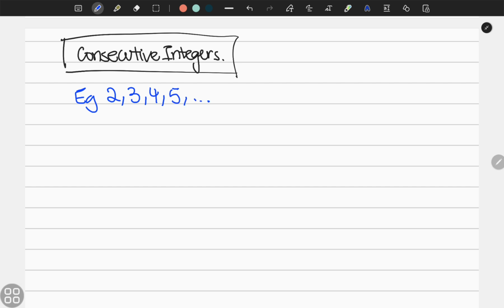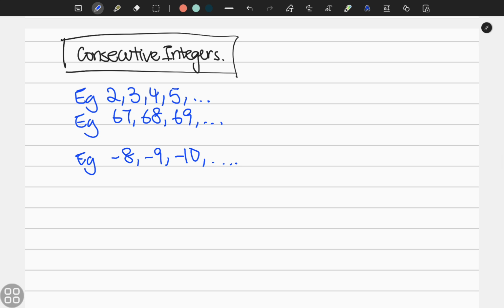We can also have 67, 68, 69, so on and so forth. We can also have negative numbers, meaning something like -8, -9, -10, so on and so forth. So basically, you add 1 or you subtract 1. Well, these are consecutive integers, but we can also have consecutive